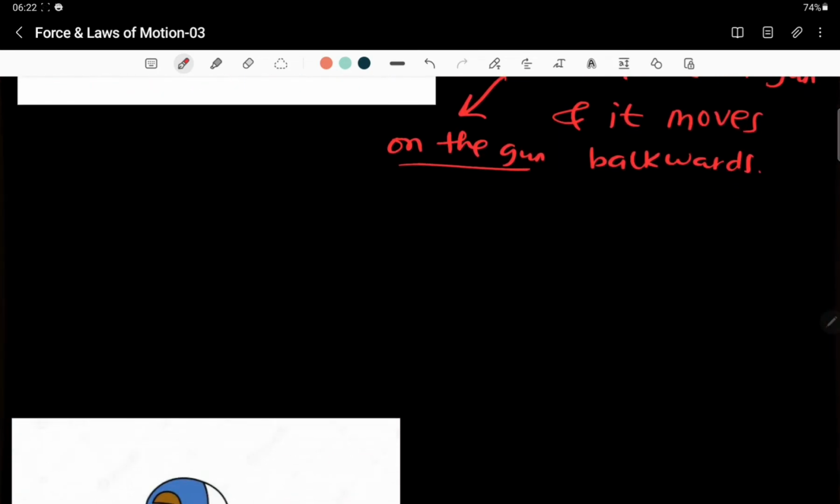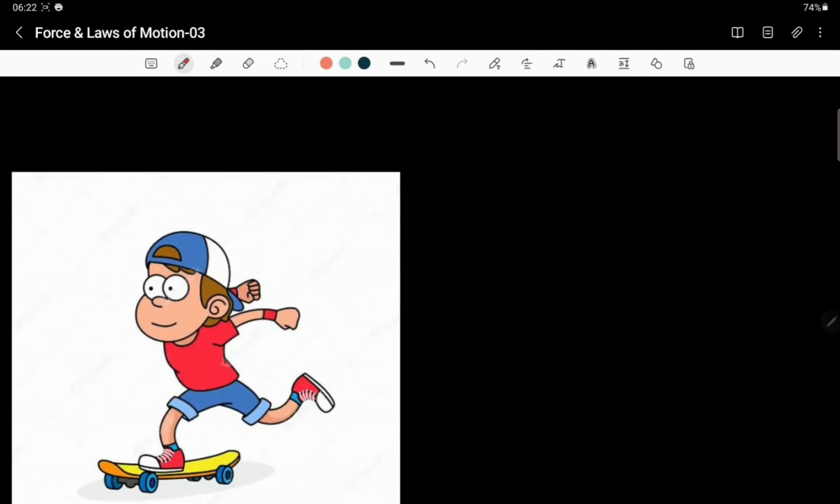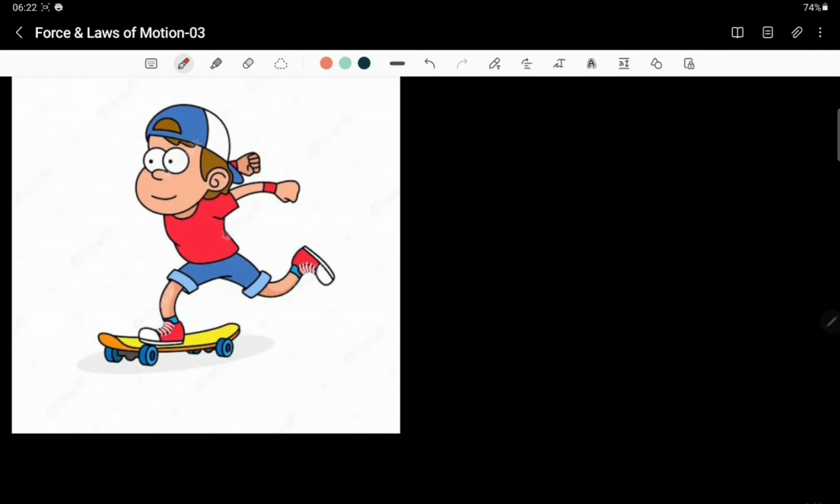All right, moving forward, I think 4 examples are over. This is the 5th example. So what is this? This is skating. Everybody must have done it. So in skating what happens? This boy, his leg was here, no? Initially he is going to apply force on the road. So a force applied by this boy on the ground is action.